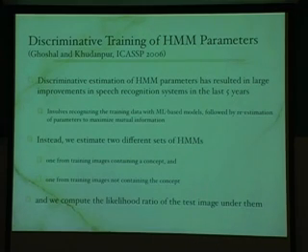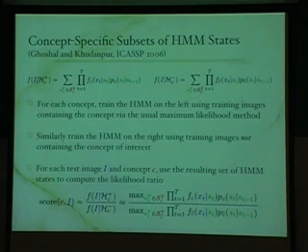And this is a little bit more formalism. So we train up one set of HMMs only from images containing the concept C, another set of HMMs from images not containing the concept C. So the states of this HMM and the states of this HMM now have nothing to do with each other. They're just two different sets of states and Gaussian parameters. And then when we get a test image, we simply compute its likelihood under both these models, take the ratio.